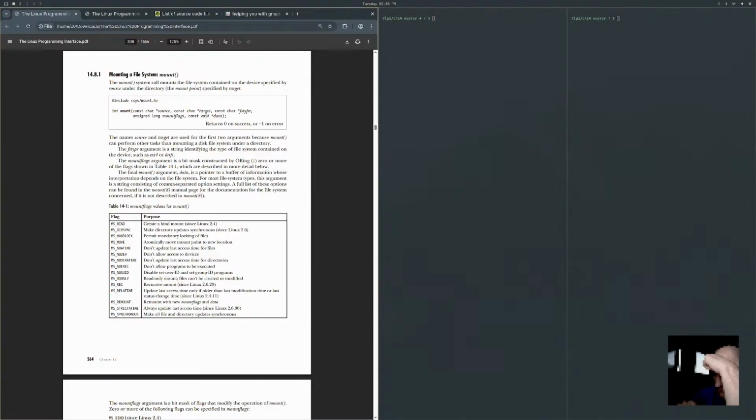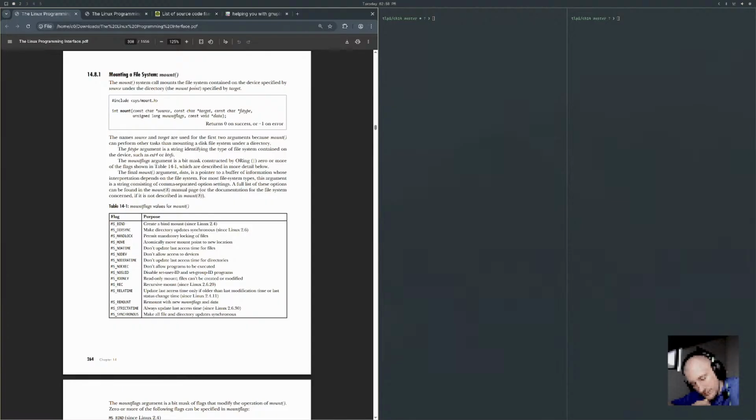The final mount argument, data, is a pointer to a buffer of information whose interpretation depends on the file system. For most file system types, this argument is a string consisting of comma-separated option settings. A full list of these options can be found in the mount manual page, or in the documentation of the file system concerned if it's not described in mount 8.